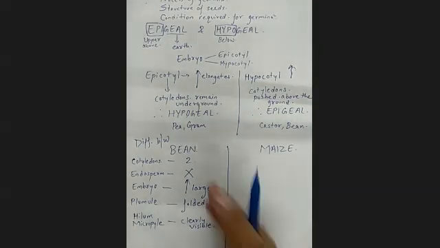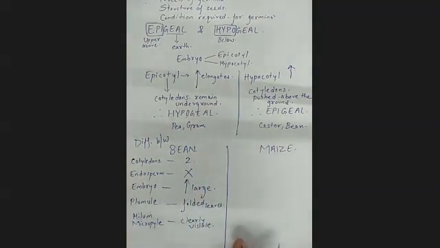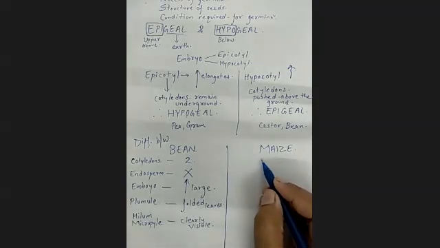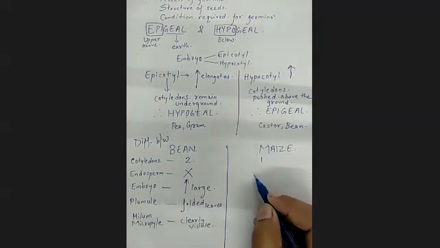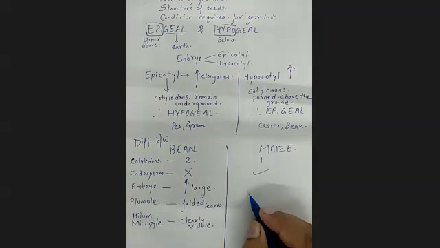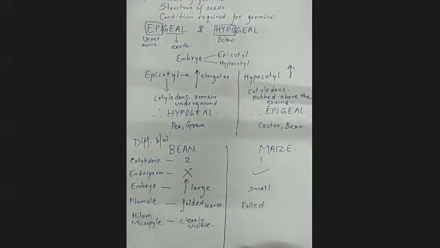So here, once you are thorough on this side, then you can write the differences over here also. That maize has 1 cotyledon, a lot of endosperm is there, the embryo is small, the leaves are not folded, basically they are rolled, and this one is not visible. Can I write like this?